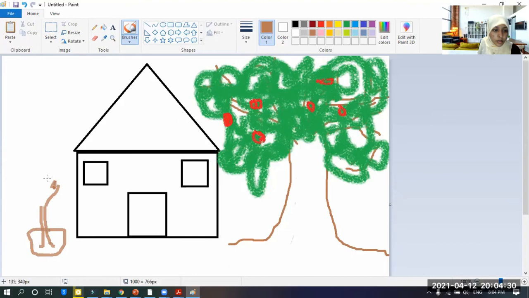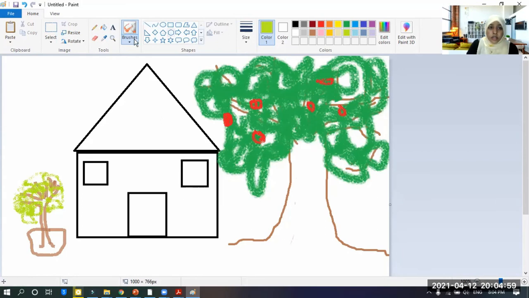See, you can do many things using this Paint. Okay, right. So I am giving again some colors to this. Just a sketch, okay?